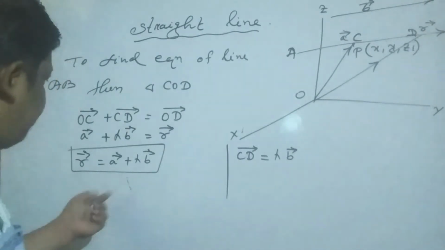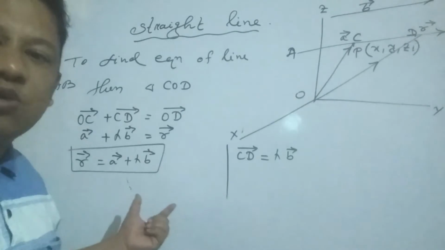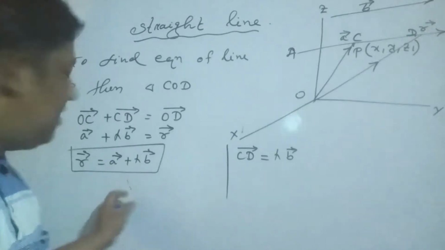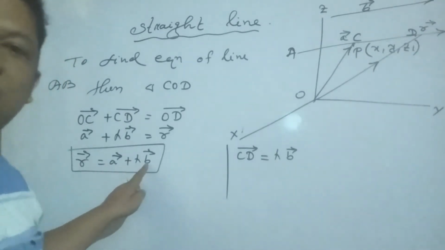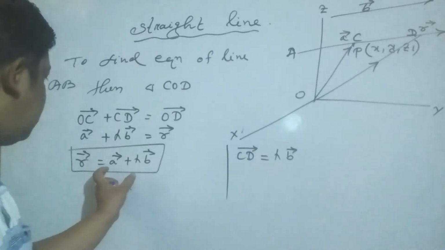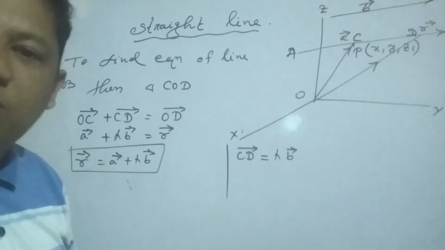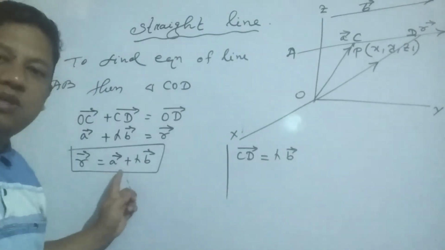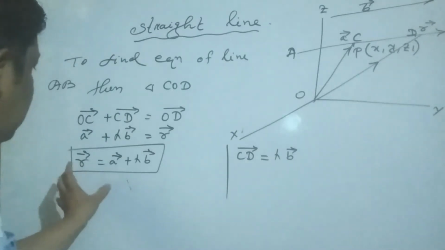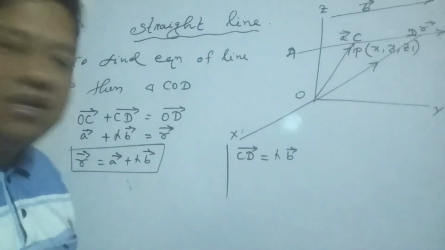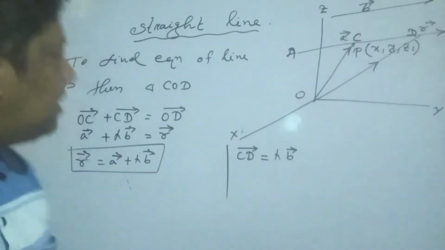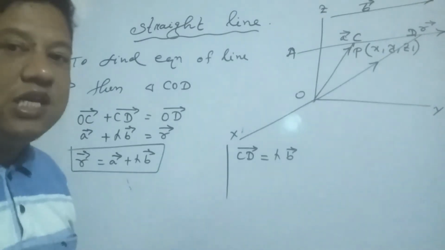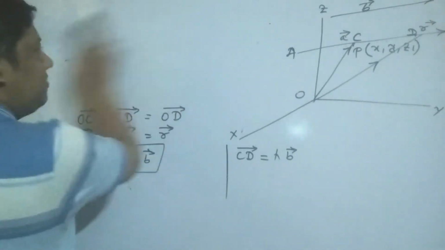So my students, if you want to draw the equation of a vector line, then you can use this: it is the point, and it is the parallel vector or direction vector. If you want to draw a line, then you need what? A particular point and a parallel vector. If you get these two, then you can construct a straight line, and it is the vector form. Next, if you want to convert this into Cartesian form, you can also do that.